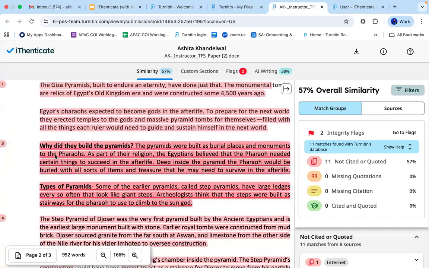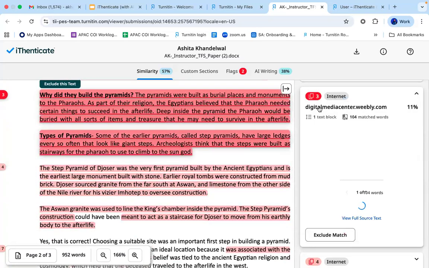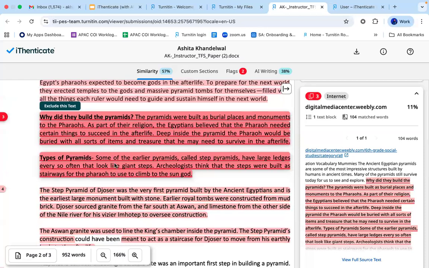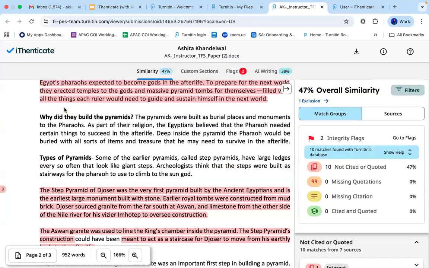For example, this particular paragraph: although I have taken it from this particular source, the way I have presented it in my paper doesn't require any citation or acknowledgement, or any source over here. So, according to my analysis, this particular text is not considered plagiarized. I can simply click on this text, a black box will appear, and I will exclude this text manually.